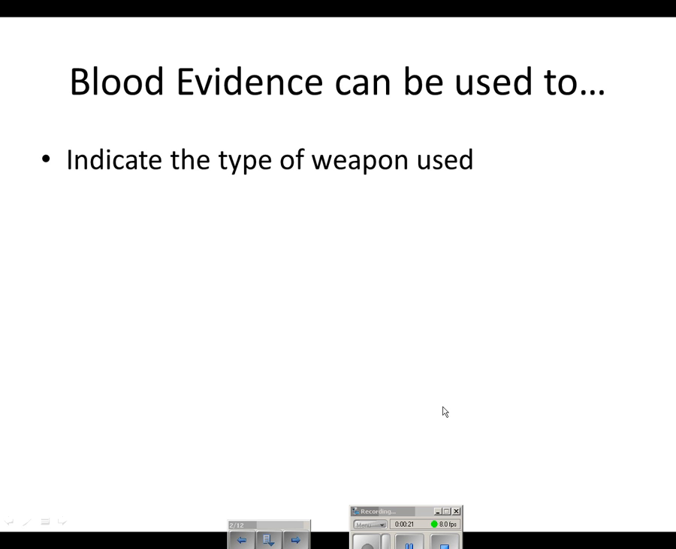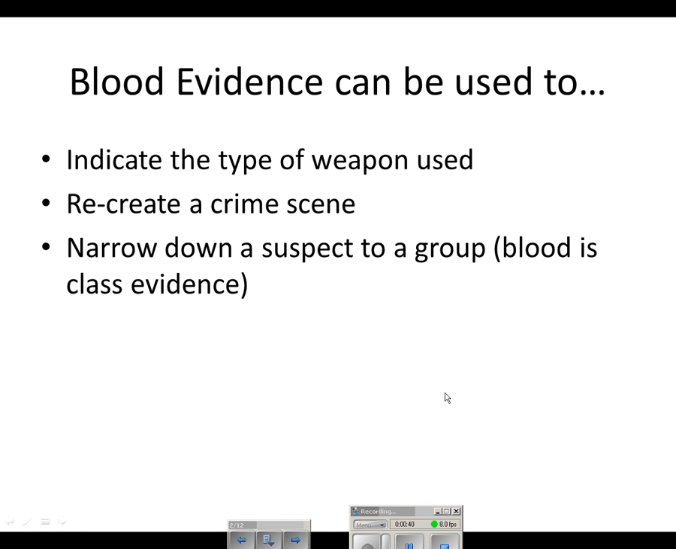a baseball bat. We can also use it to recreate a crime scene because we can use the spatter to actually locate where the victim was and where the assailant was, if they were standing, if they were on the ground, if they were at an upward angle, or if they were lying on the ground and shot up. And then we can narrow down a suspect to a group because blood is class evidence. We can figure out what percentage of the population they're part of, depending on if they have A, B, or